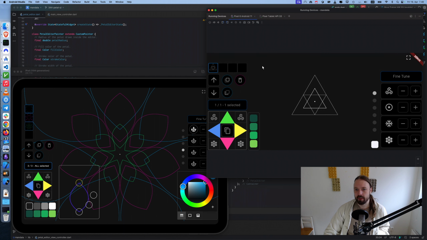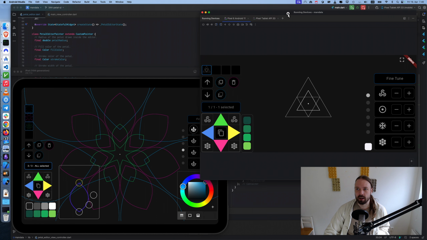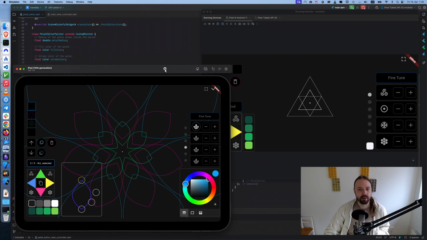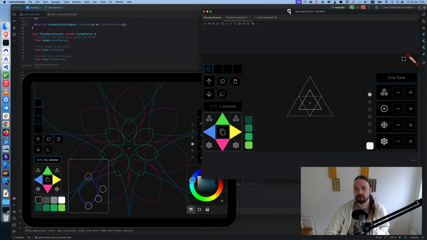Maybe we can toggle this, hide this part and replace it with this. That's something I've been thinking about how to do.